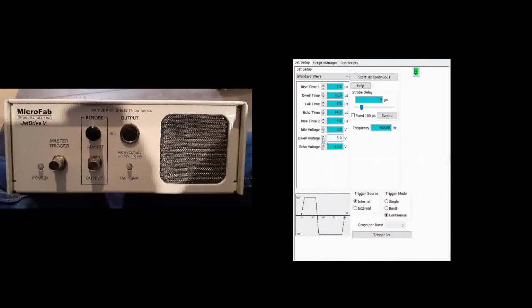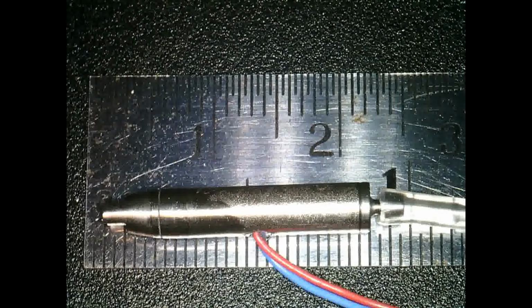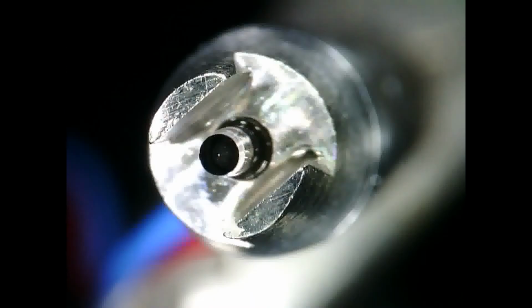MicroFab's jet drive control box allows the user to control the voltage waveform to the injector and strobe output with a specified delay. Since the droplets are highly repeatable, a strobed light can visibly hold still crisp images of the droplets, so that inspection of the droplets at any stage of the ejection can be done using a low-speed microscope camera. I have been able to produce a basic setup with a 30 micrometer orifice injector,